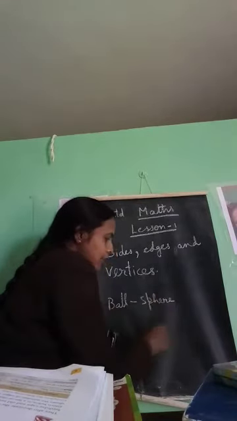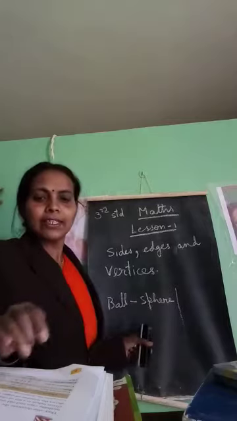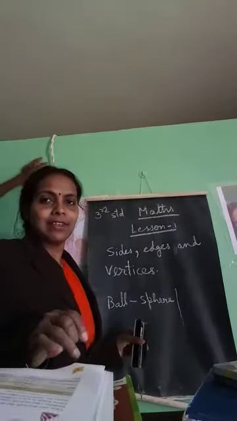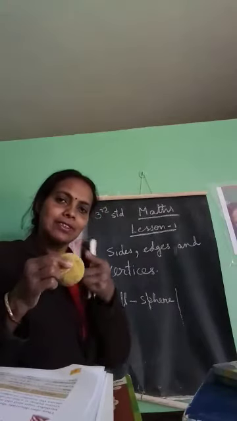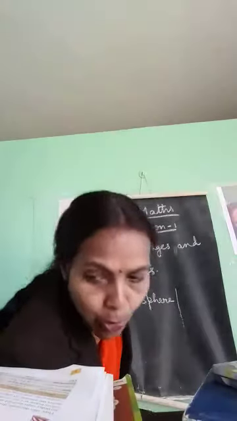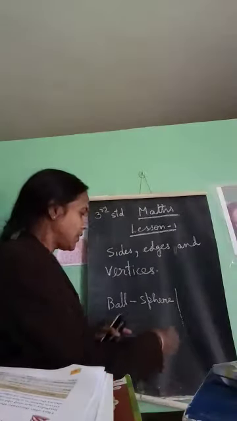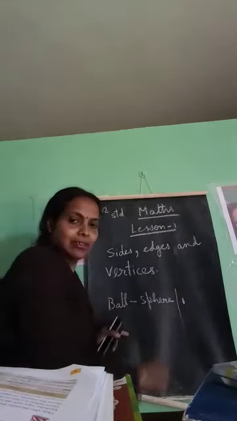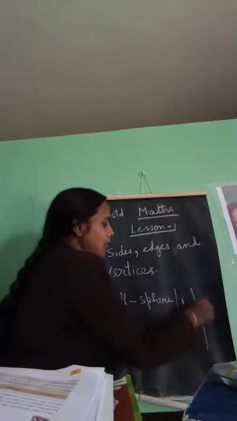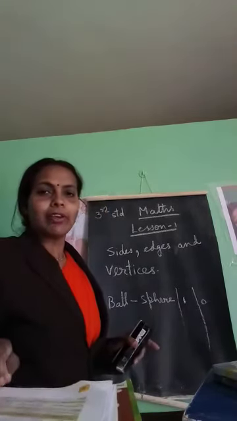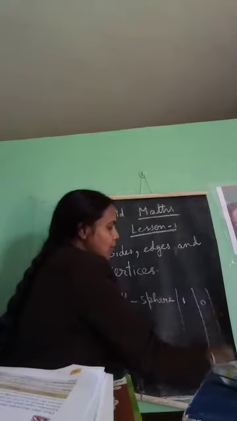Sphere. Okay. Then after that they have asked the number of faces. Only one face is there. It is spherical in shape and it has only one face. So write 1 here, one curved face. And number of edges, 0. And number of vertices also, there is no corner, so write down 0.